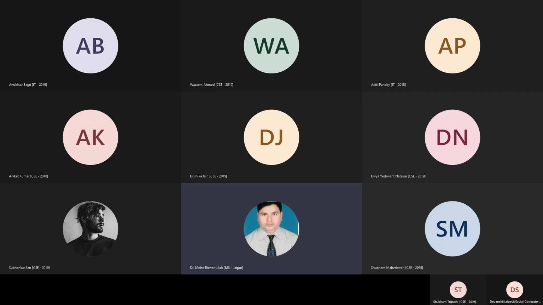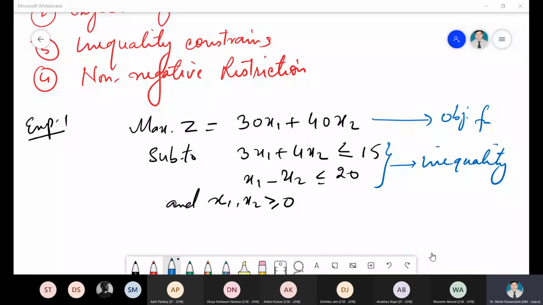So it might be possible that in between the lecture I will not be audible after a certain interval of time because of the security of my mobile. So again I reboot and then I will rejoin, so no issue for that. You just tell me, sir, you are not audible. And Aditi is there.